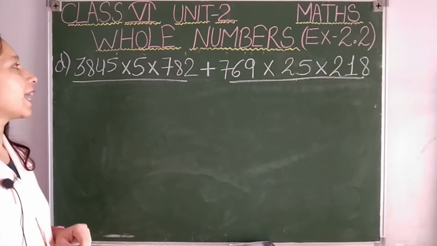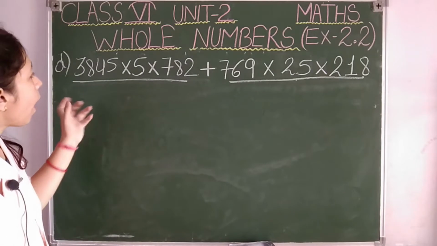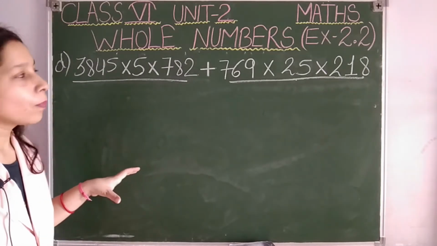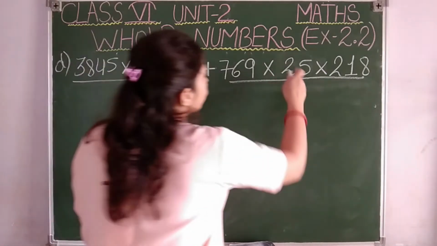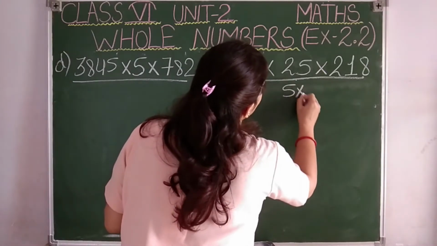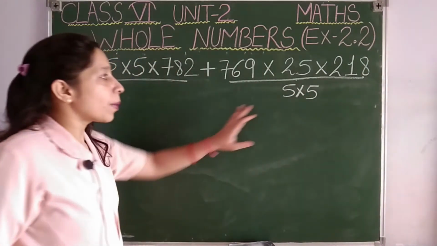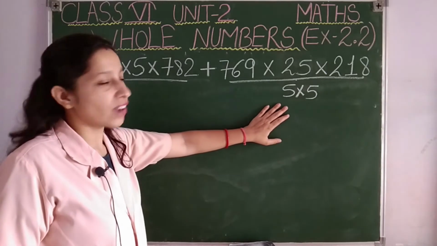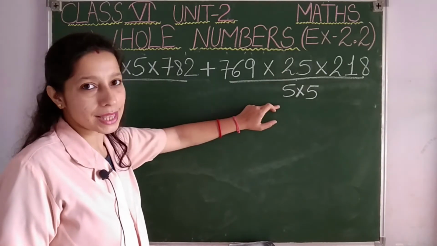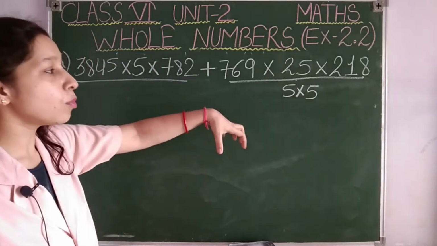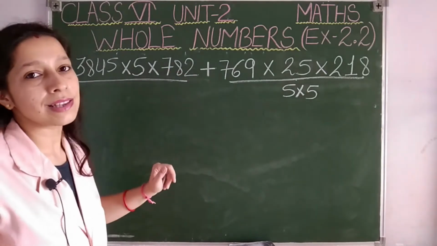What to do, students? Let us see. So anyhow I want some number to be common, na? So what I will do, I will write this 25 as 5 into 5. Is the product different if I am writing 5 into 5? No, the number will be same only, na? 5 5s are 25. Why I am doing so? So that I can take this 5 as common.